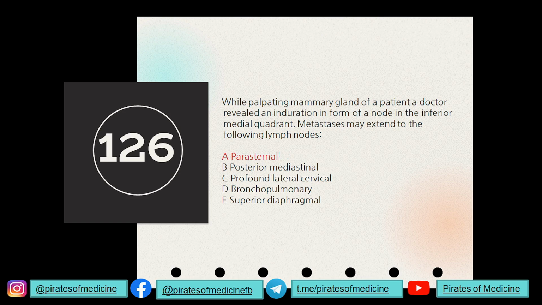Now it may come to your mind, what if you have to find out which is between axillary and parasternal, what if both are given in the options? They won't give such a question, but sometimes they may give both of them. Like in option A or option B, it can be parasternal and axillary. In option C, it can be bronchopulmonary and parasternal. So in that case, go for parasternal and axillary because it would be the more correct answer.